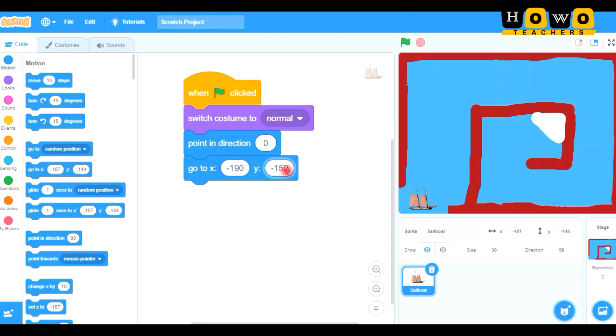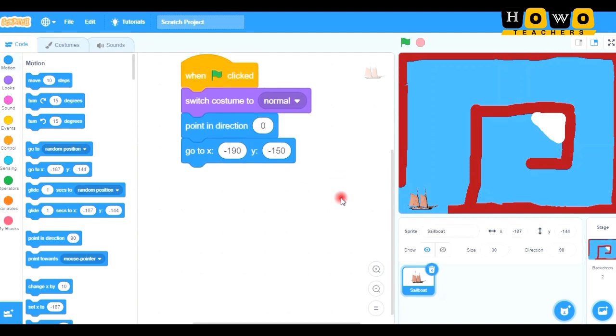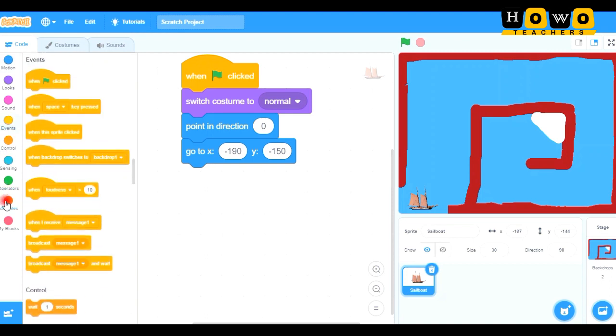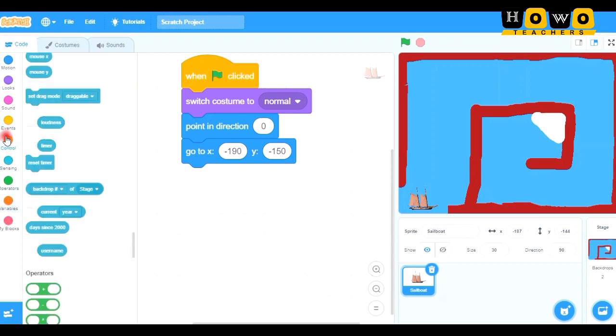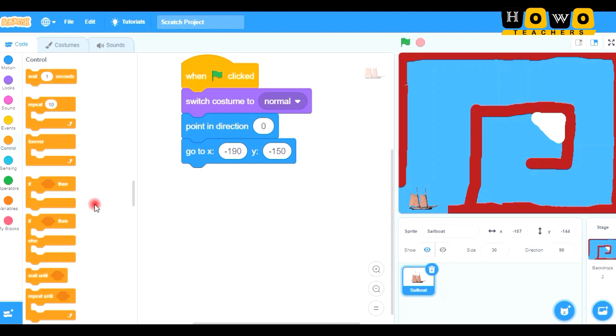Now next, after this, I need to make 4 different loops. Okay. So the first loop that we need to make is that whenever we point the mouse, there should be a change in the direction. And whenever we touch this color, the border color, then the costume should turn into the hit costume. Okay, so let us code for that. First of all, I am taking here the variable, no, not variable, sorry, control I need here, that is if.